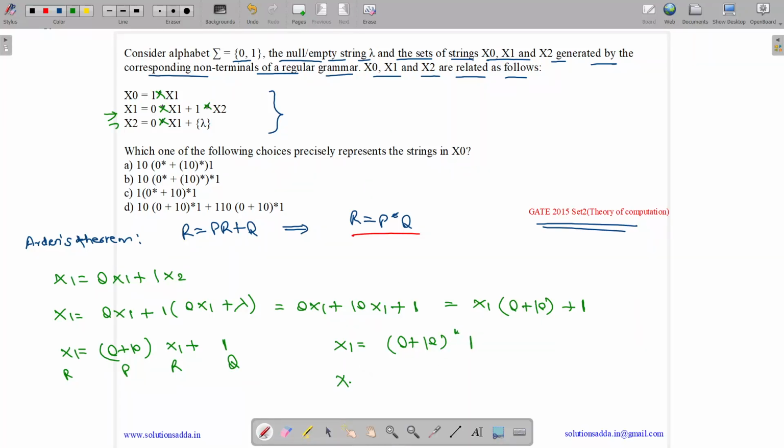Now what is x0? x0 according to equation 1 is 1 into x1. So 1 into x1. What is x1? x1 is this, (0 plus 10) whole star 1. So this is our answer. x0 equals 1 into (0 plus 10) whole star 1. So answer is option